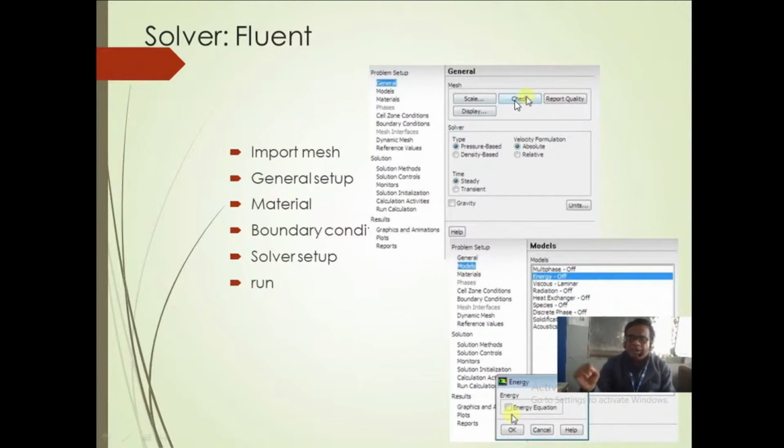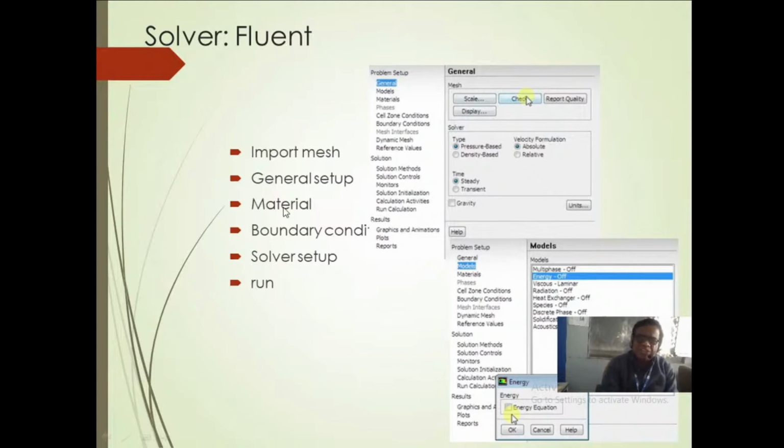If you find some error, go again to pre-processing, do your meshing again, and then come back to Fluent or the solver part. So that is nothing but checking. You can report quality, you can display the mesh also. So it is one of the general setup steps done in Fluent.